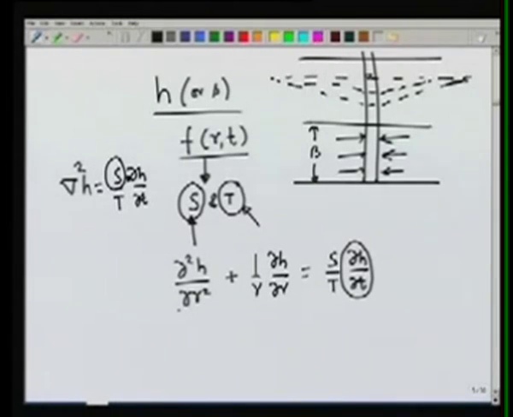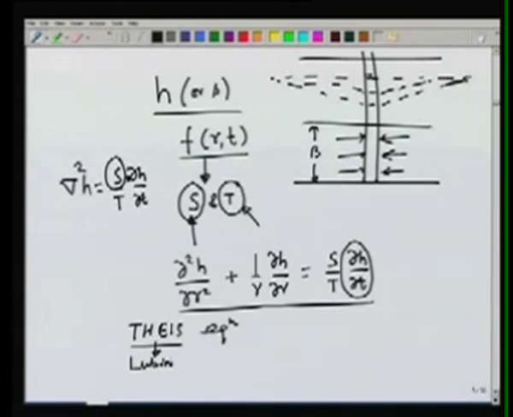The solution of this equation is a little complicated. It's not as easy as it was for either one-dimensional flow or for a steady state flow, and therefore the person who derived this solution first was Theis. In fact, Theis and Lubin both contributed to this solution, but it's commonly known as the Theis equation,